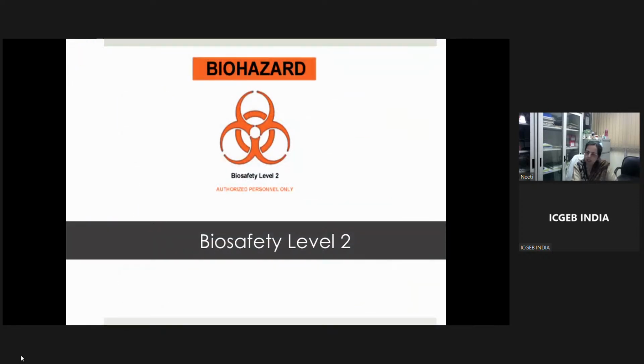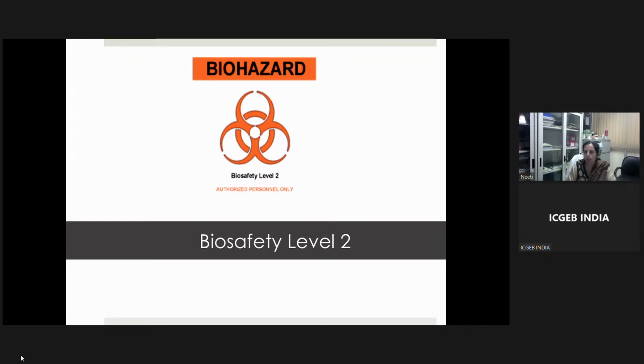So, like I said, the biosafety levels are of 4 kinds. Biosafety level 1 is the least hazardous group, and 3 and 4 are the high risk groups. So, generally, a lot of attention or focus is given to the work as well as the personnel who are working in dedicated facilities for doing BSL 3 or BSL 4 category of work. And normally, there is very little risk factor with the BSL 1